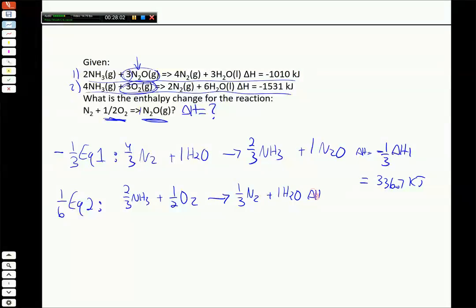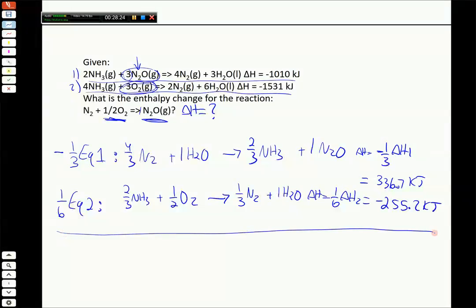And then delta H for this is going to be 1/6 times delta H2, the second delta H, which is negative 1531 divided by 6, minus 255.2 kilojoules. Alright, so those are the two delta H's, and if we did our job right, we just have to